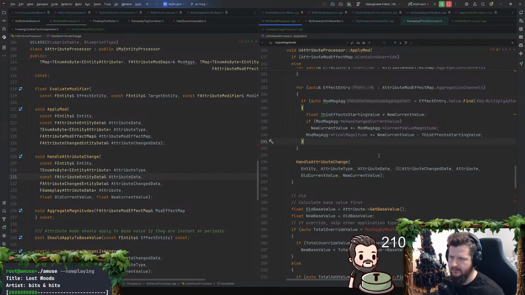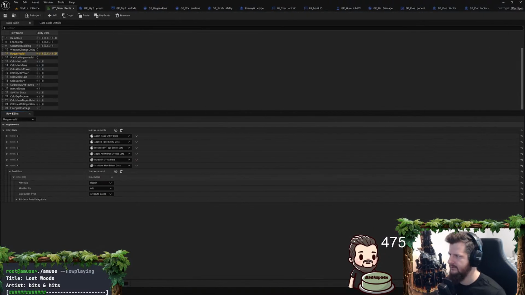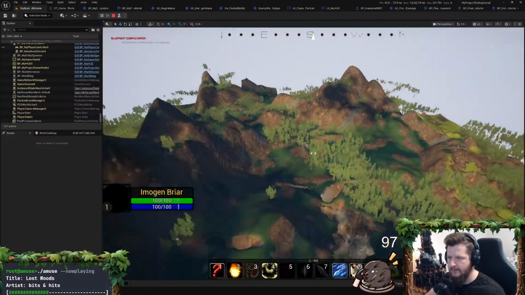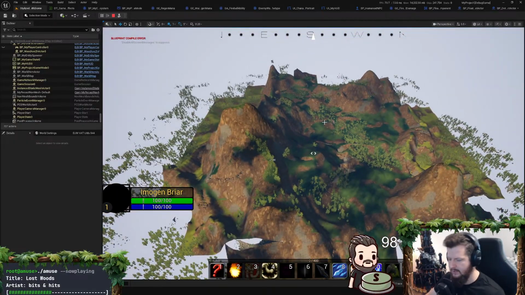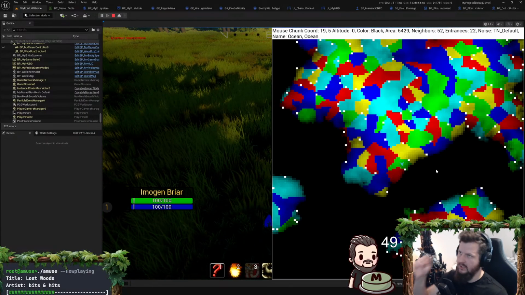I am working on a game. I'm attempting to rewrite the gameplay ability system within Unreal Engine, such that it is more performant, because I want to fill out an entire world worth of entities. So I have, this is procedural terrain. My character's not working at the moment, but here's the world map. It's all procedurally generated.